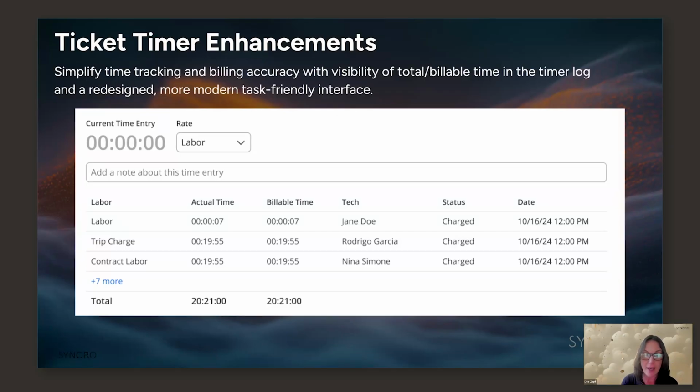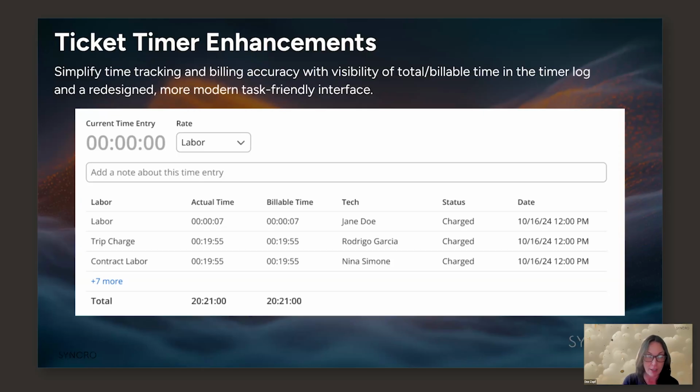So first up, we have some pretty nice improvements coming to how we handle ticket timers inside of Syncro. This redesign really addresses a lot of smaller items. We've reworked the whole section, easier to read. The controls are, I think, in places that make a lot more sense. The current time shows the total for the running timer only, not an aggregate of all the time on the ticket. And then, a really big one is you can now write your notes and continue writing your notes as